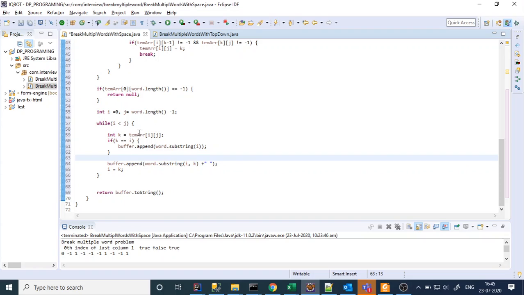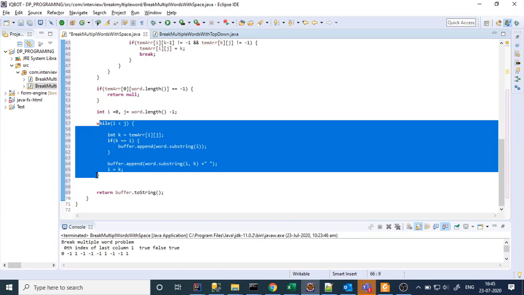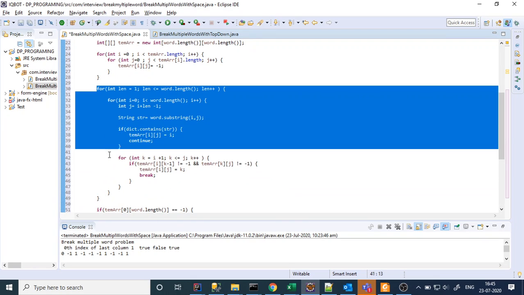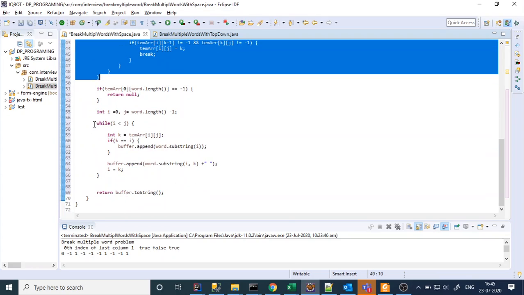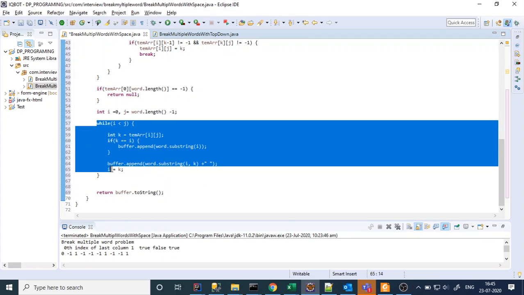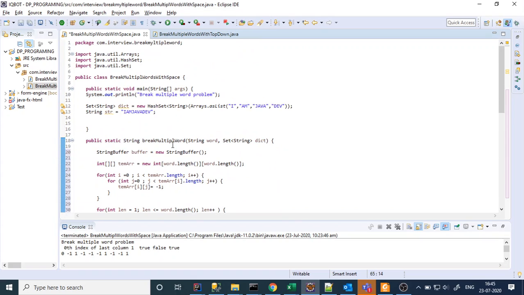So here in this section, if you see, whatever table we have created, meaning the optimal structure in terms of dynamic programming, whatever optimal structure we filled, they are utilizing it, right? So I am going to call it, and we'll see what the expected output is. Str and dictionary, right? Yes. Just printing here only.